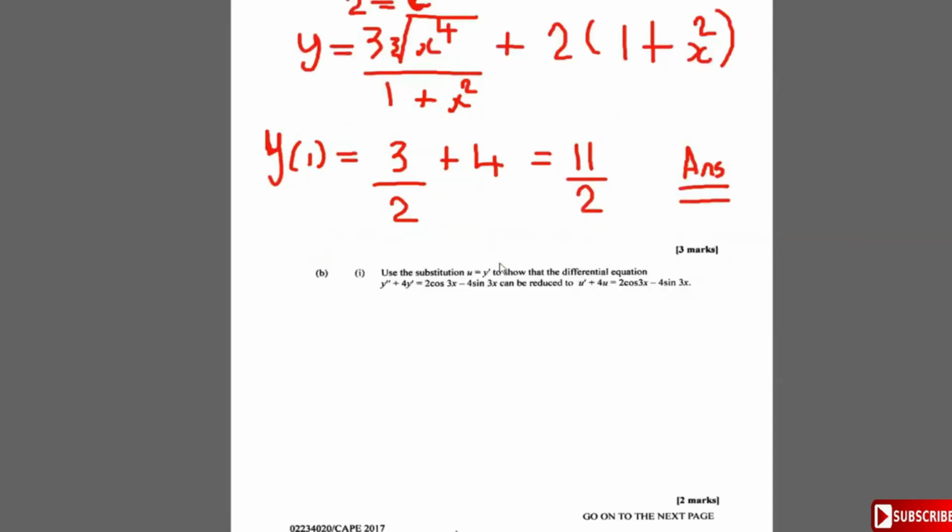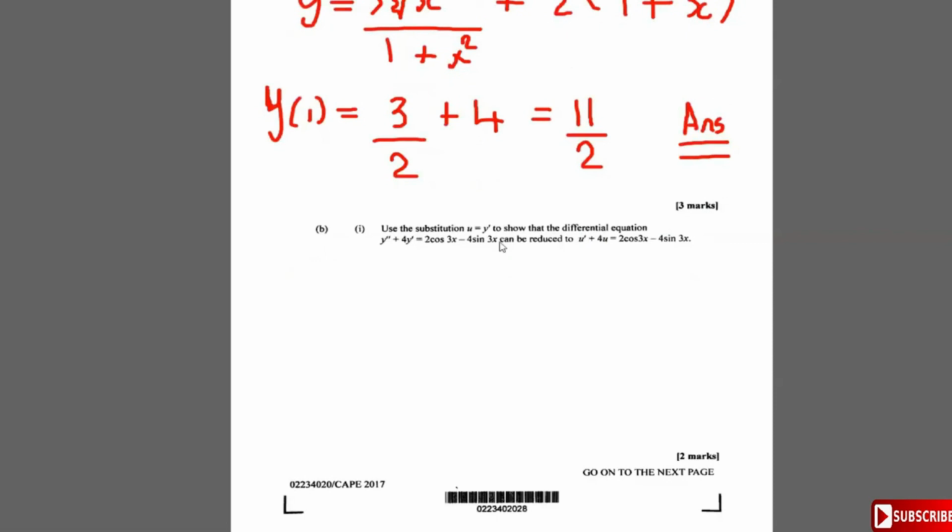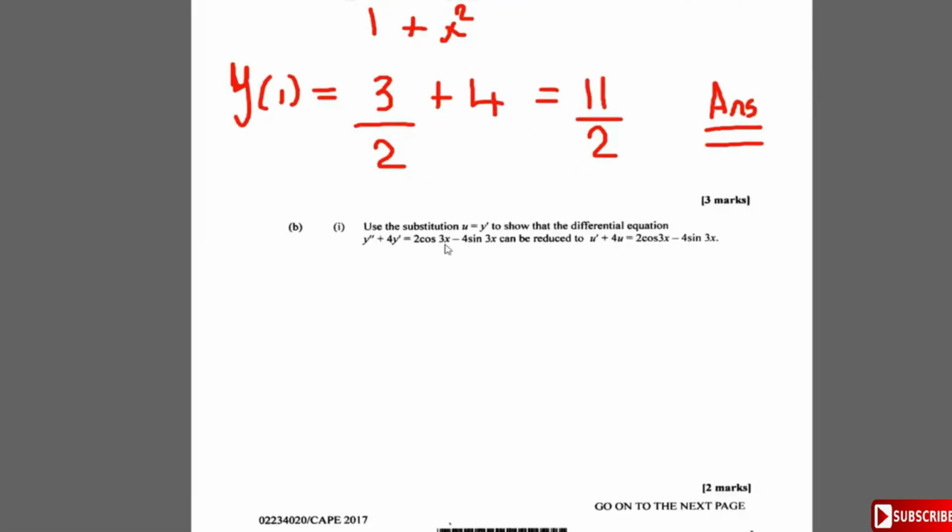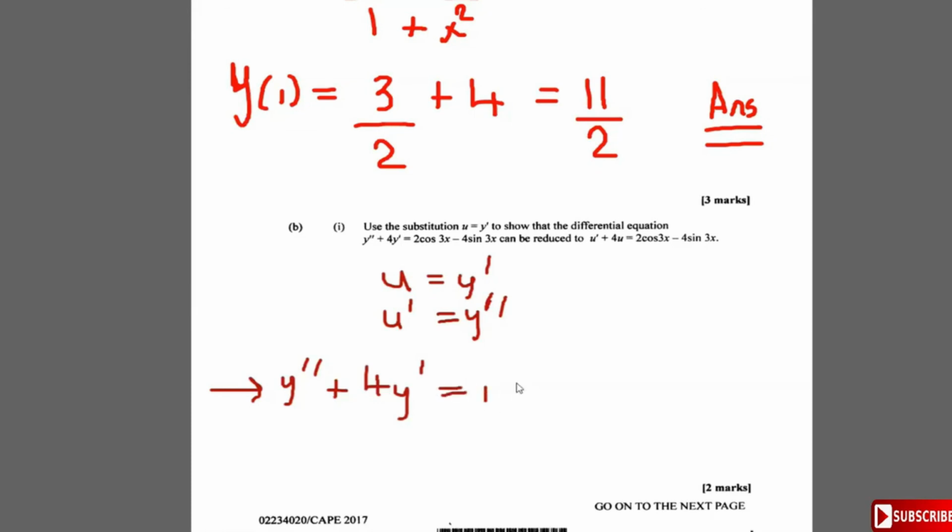Right? It says now, use substitution u as y prime to show that the differential equation y double prime plus 4y prime equals this can be reduced to this. Well, if u is equal to y prime, then that means u prime is equal to y prime prime. So that implies that, but I don't see what they want us to show. This is just straightforward. So that means y prime prime plus 4y prime, that part is now changed to be equal to u prime plus 4u,